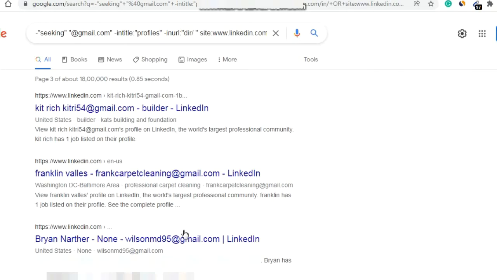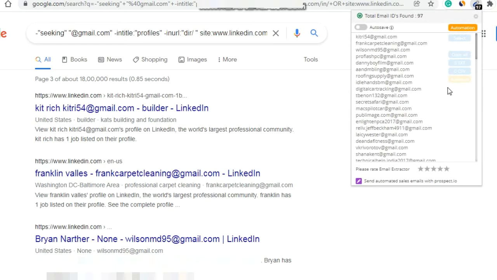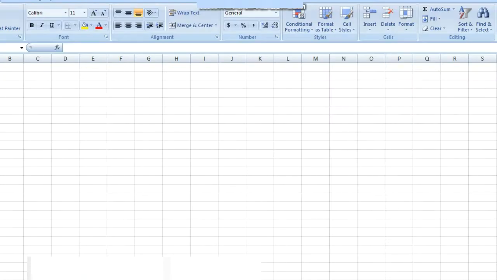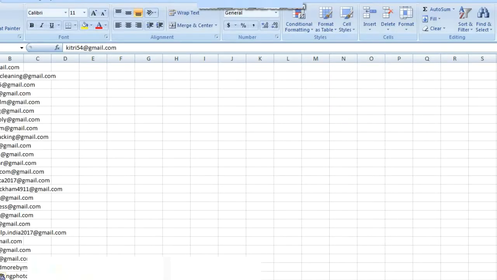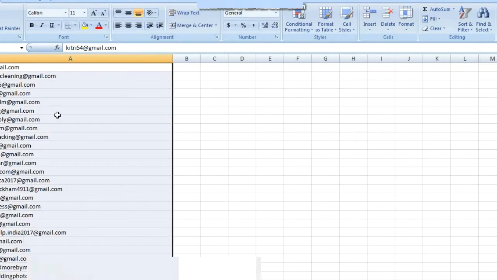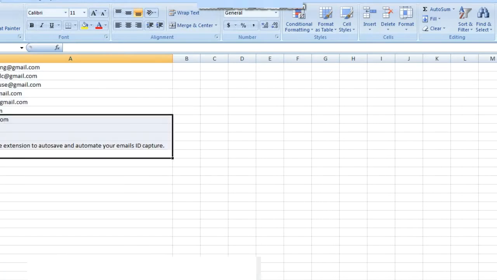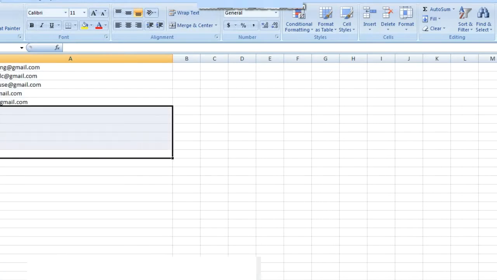So what we will do, we will just click on this icon and then click on copy all and paste it in your MS Excel. There are some emails you need to delete. Okay, now it's fine.